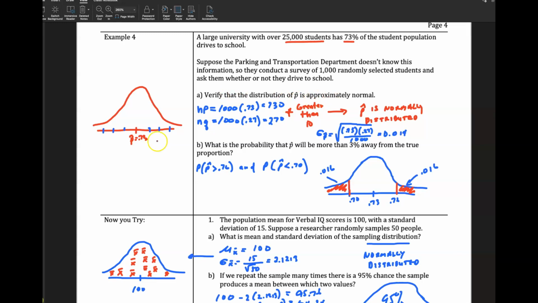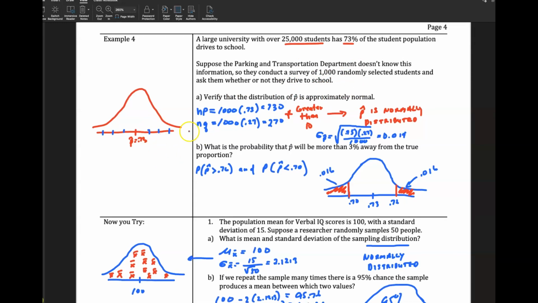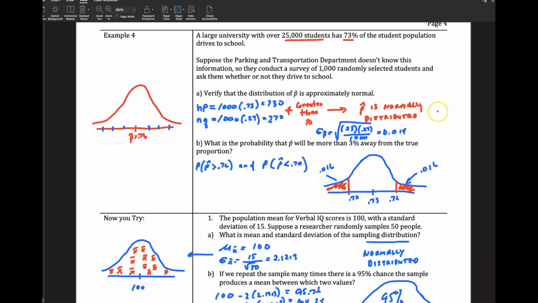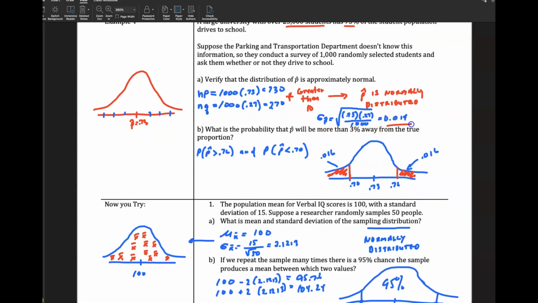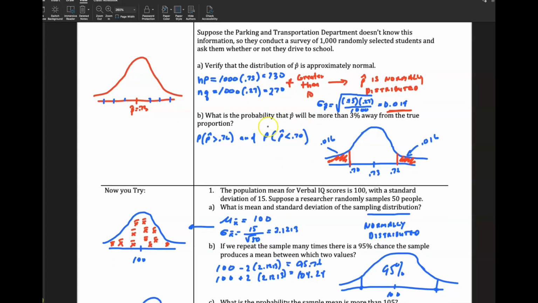However, before we do that, we need to verify that our sampling distribution for 1,000 students is normal, right? If we look at n times p and n times q, you get values that are greater than 10, so we know the sampling distribution is normally distributed. We calculate the standard error, the standard deviation for the sampling distribution, and you get 0.014. And then you go ahead and calculate it. What's the probability that p hat will be more than